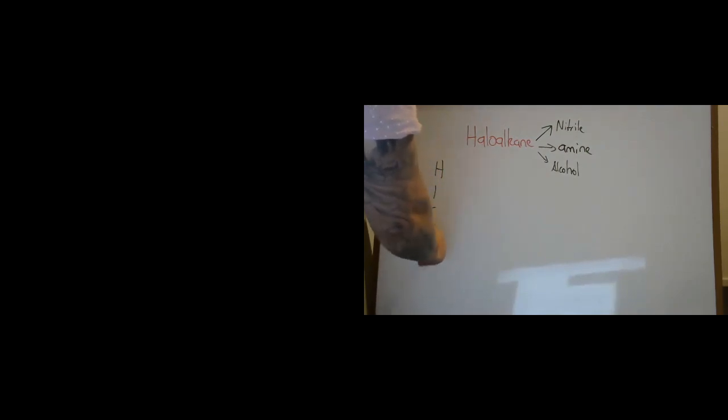So 3 possible pathways, 3 possible reactions. If we take our haloalkane,